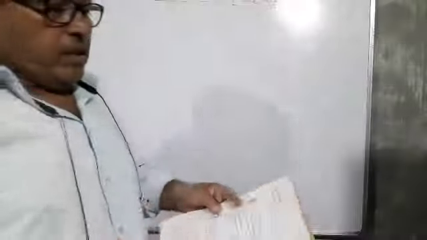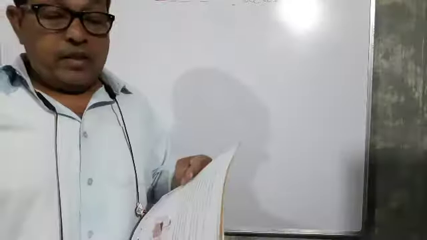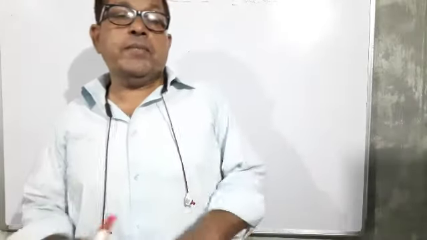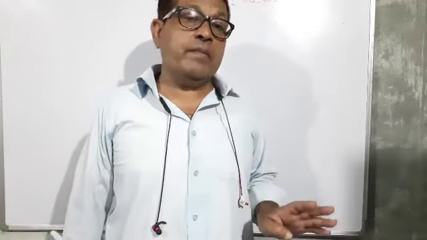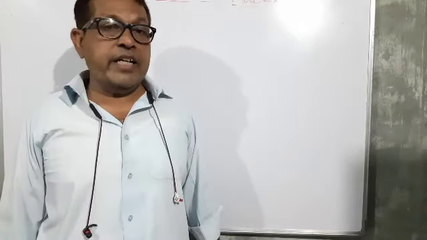Last time I told you about the different types of teeth: temporary teeth and permanent teeth. They include incisors, canines, premolars and molars, and I told you their functions. Incisors are meant for biting the food, canines for tearing the food, and premolars and molars are used for grinding the food.